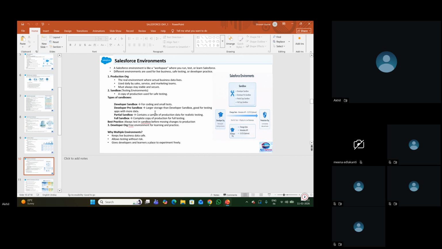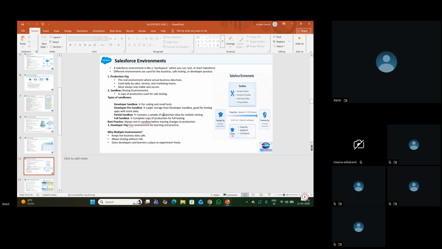Developer sandbox is something which we developers use for coding and small unit tests. If you want to enhance any functionality in our insurance application, add a new product, or automate the application, we will do it as part of the developer sandbox. The code and unit testing, and the admin configuration by admins, we'll do in the developer sandbox. This sandbox concept is most important to understand in real time. Please listen carefully.